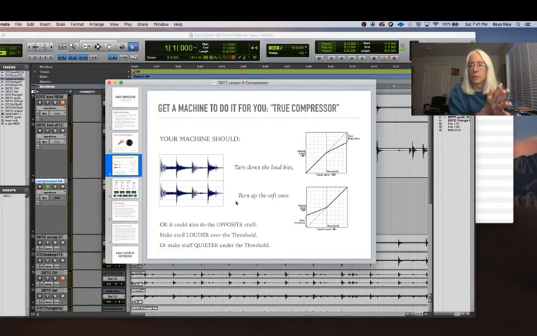And so your perfect true compressor, of course, is going to be one that every time things get too loud past a certain threshold, that's that line that's in the middle of the graph down there, your sound gets past that threshold, then if it gets too loud, it'll turn it down. If it's too soft, it turns it up. So a perfect compressor knows exactly how to make sure that the soft stuff gets louder, the loud stuff gets softer. And of course, if you really needed to, you could have a device that did the opposite. You could make stuff get louder over the threshold, quieter under the threshold. That gives us four states